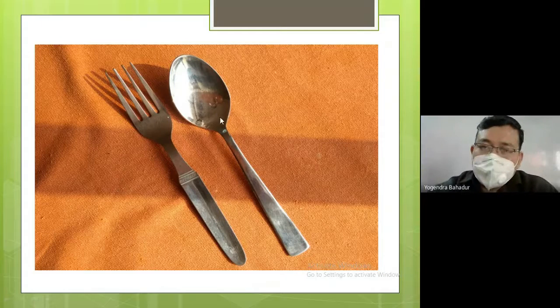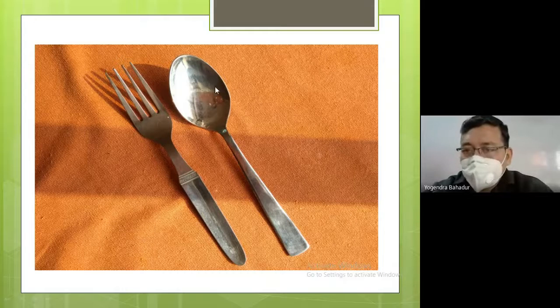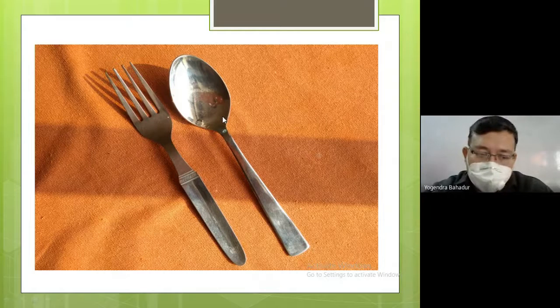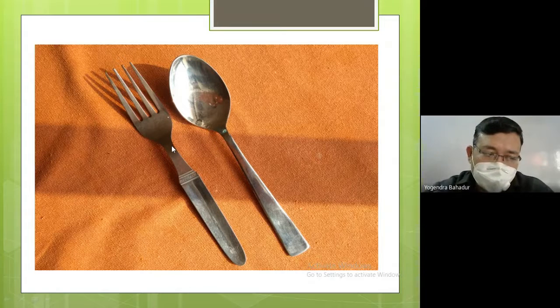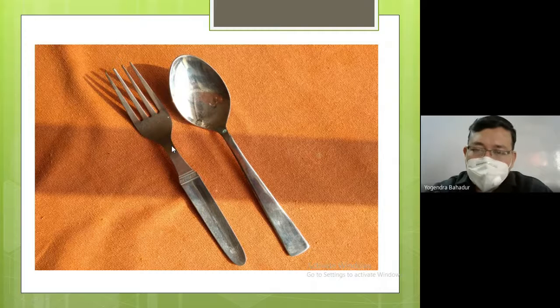Next, by seeing the size, you can see that this particular spoon and this particular fork are slightly bigger in size. Obviously, they are quite a bit bigger, and they are generally not used by the guest to have the food. They are used to serve the food. So this bigger spoon is known as the service spoon. Likewise, this fork is known as the service fork. How we are going to handle the service spoon and the service fork, we are going to learn in the subsequent practicals.